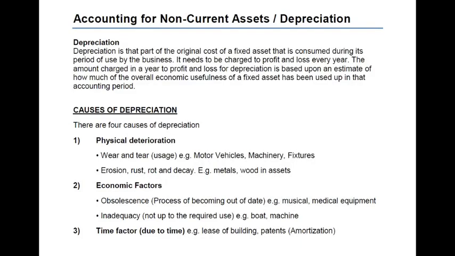The topic of the day is depreciation. Now, what does depreciation mean? Depreciation is an expense for the business. Depreciation basically means if we buy a car, a motor vehicle, and if we keep using it, the car will lose